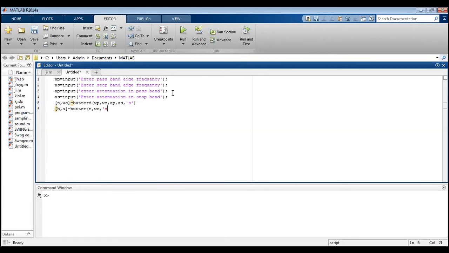The data I'm giving here is with respect to the S plane itself, that is the analog data. To find out the transfer function, of course, it is in the form of b comma a.